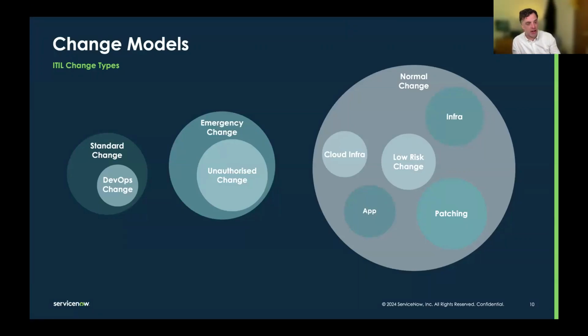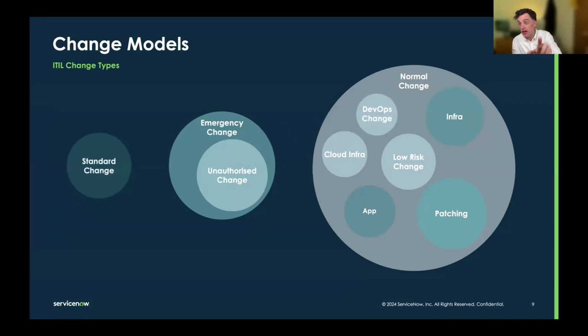So talking about that, I'm just going to do the slide build again on this one. Right. The DevOps change here. So within normal change we had before, we had DevOps within normal change. And that means we need to either vary our normal change process to allow DevOps to work. So we say, okay, we don't need to send it to CAB because it's a DevOps change. And that means we need to think quite hard about what we're talking about with our change process. We need to go into normal change and all of its documents and say, there's something different for our compliance teams around how DevOps change works within normal change.